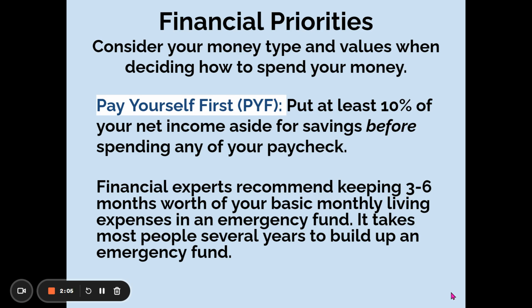So the rule is put 10% of your monthly net income into savings before you spend anything out of what you've earned. A lot of people do this by having direct deposit with their paychecks, and they can set it up with their employers that some of the direct deposit goes into a checking account and some of the direct deposit goes into a savings account, or you can set it up in your bank to have money automatically transferred every month from checking to savings.